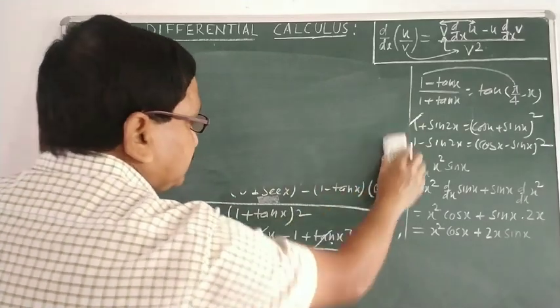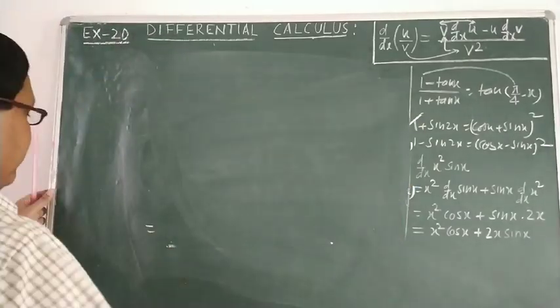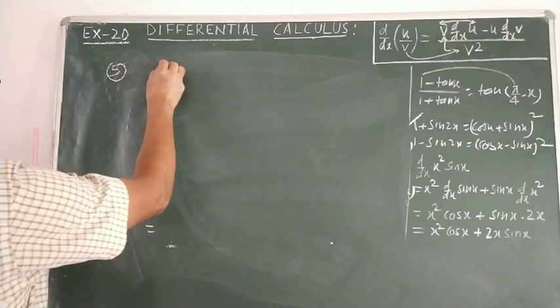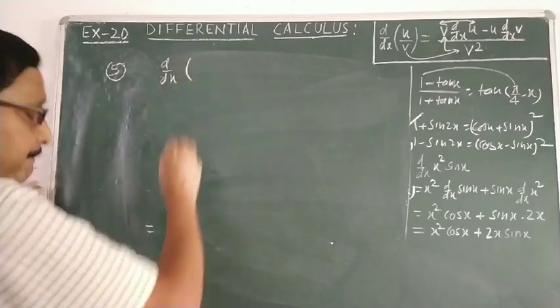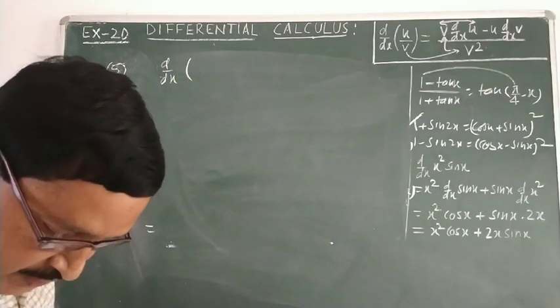Next question. Fifth number. d by dx of (sin x plus cos x)